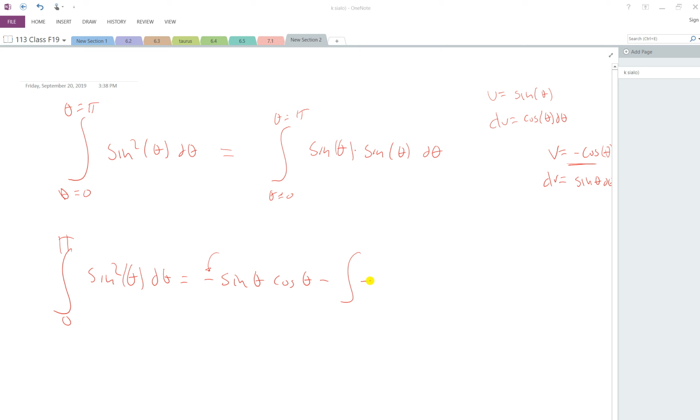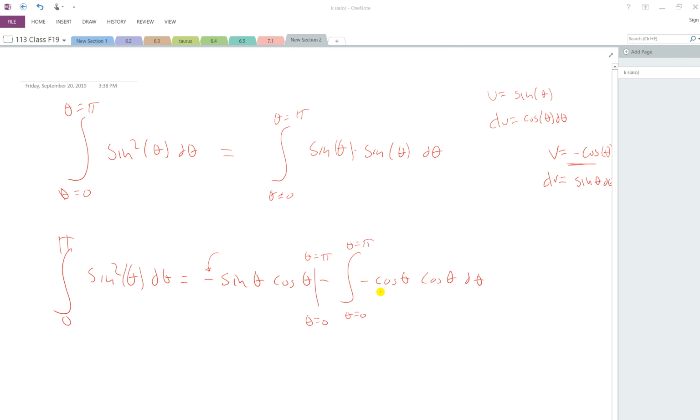So v is a negative cosine of theta, times another cosine of theta d theta, and this is a definite integral, so this is going to go from theta equals 0 to theta equals pi, and this integral is from theta equals 0 to theta equals pi,